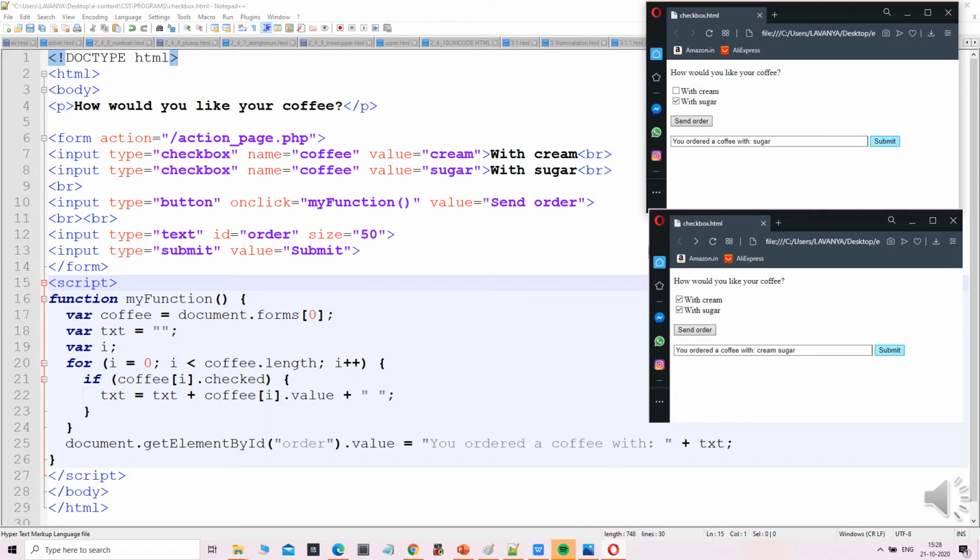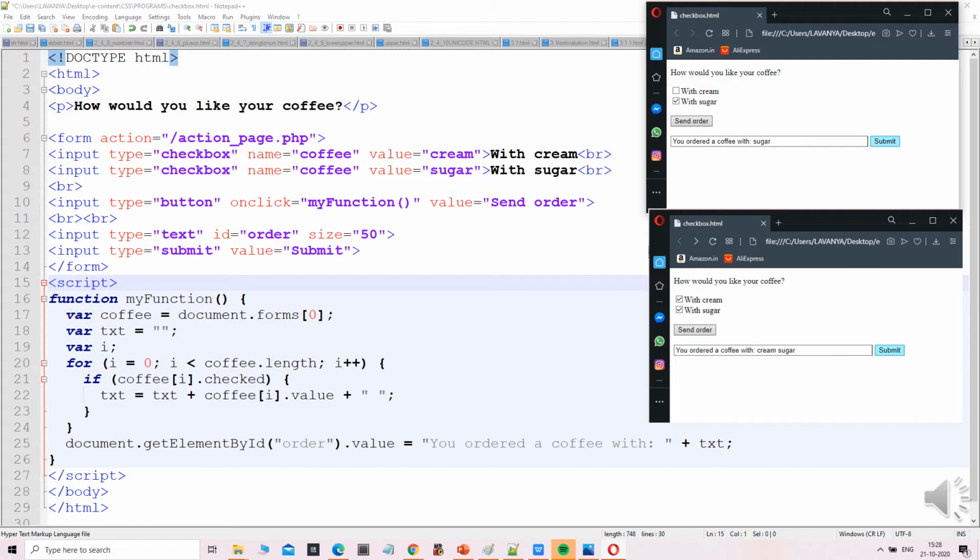We will see one program for the checkbox. In the form element there is an action, then input type is equal to checkbox, name is equal to coffee, and value is equal to cream. And again input type is equal to checkbox, name is equal to coffee, and value is equal to sugar.